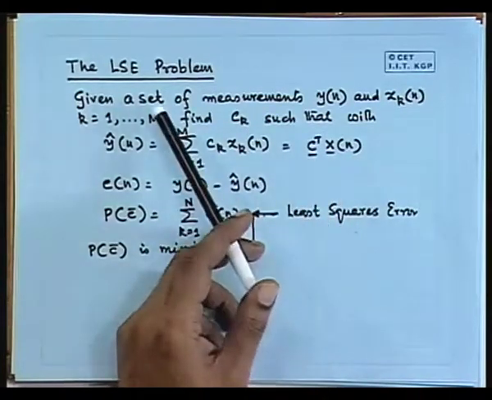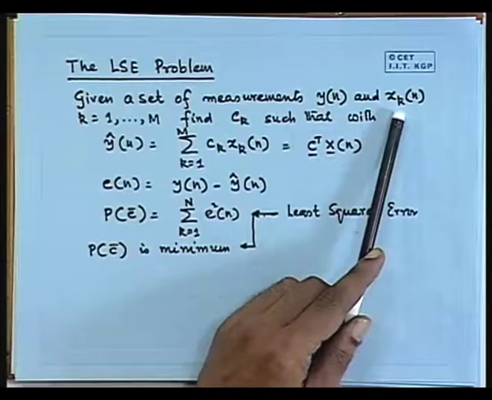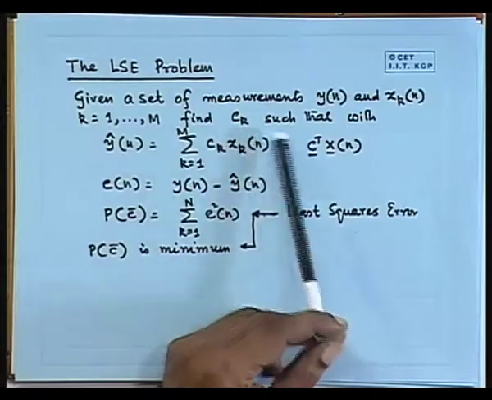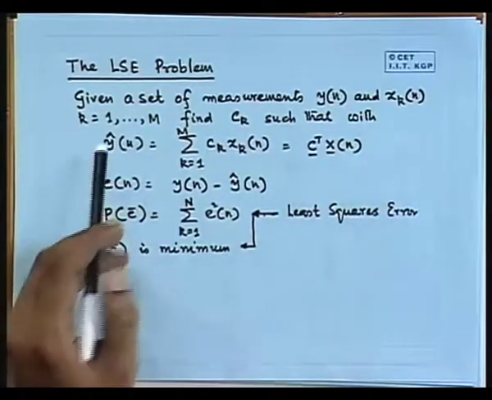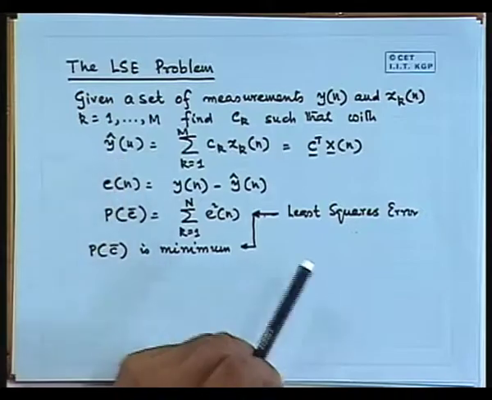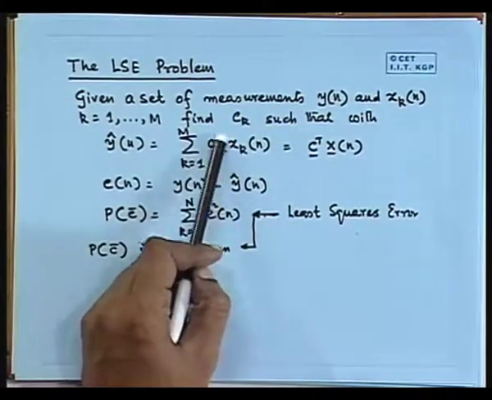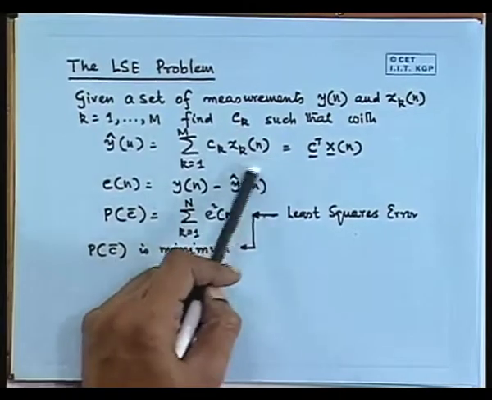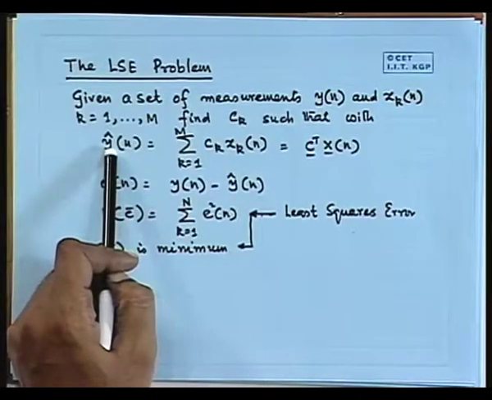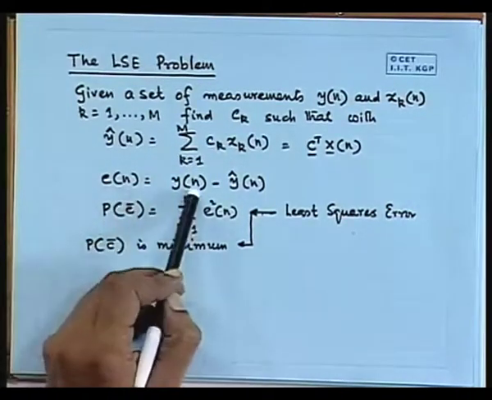Given a set of measurements yn and xkn, we want to find a set of coefficients ck such that if we compute an estimate y hat n, this is not yn, this is y hat n, using m values of xkn and weighting them linearly with ck, so this is an FIR filtering of xkn, then, defining an error as yn minus y hat n,